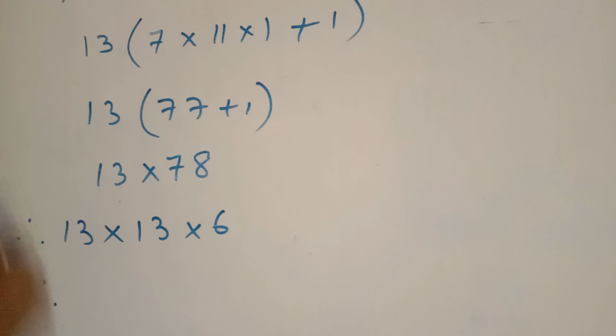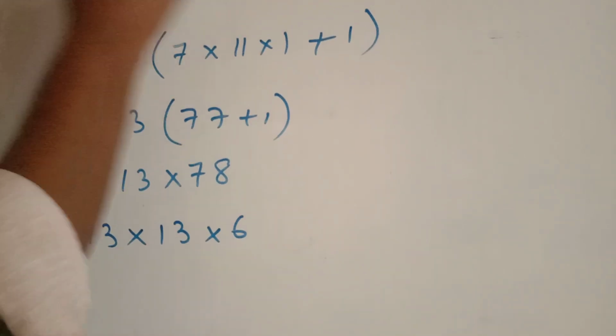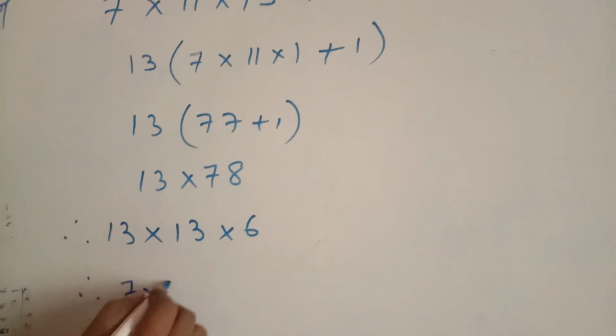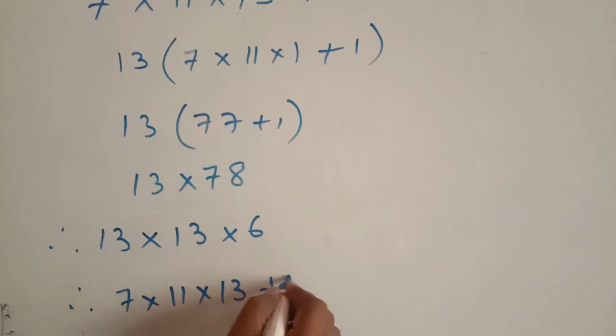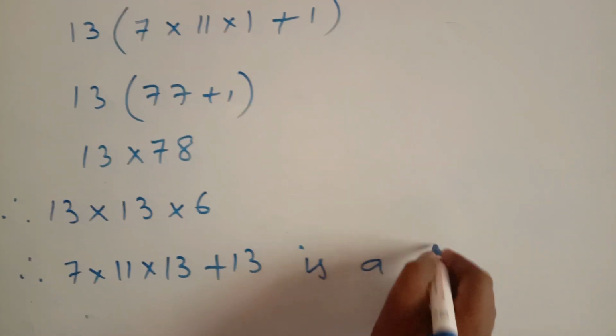Therefore 7 into 11 into 13 plus 13 is a composite number